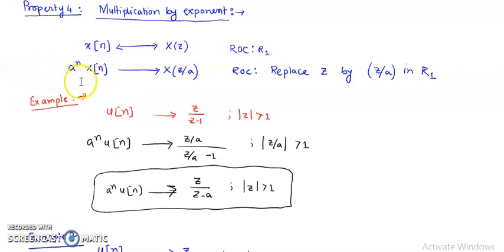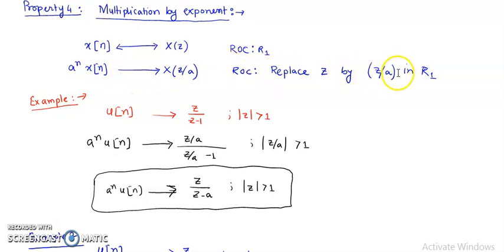Our next property of Z transform is multiplication by exponent. So if X(z) is the Z transform of x[n], then if you multiply x[n] by an exponent a to the power n, its Z transform will be X(z/a). So it can be expressed in terms of X(z). We just need to replace z by z/a to find the Z transform of a^n x[n]. Okay, and also in the ROC for this a^n x[n], we